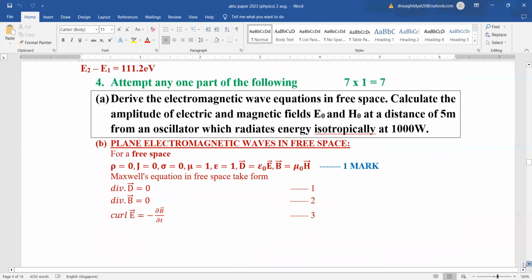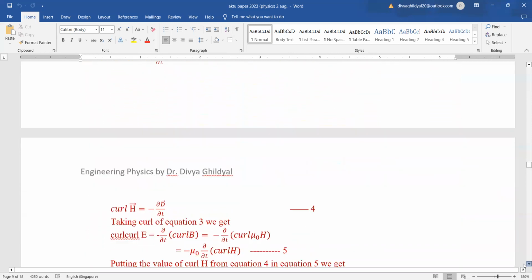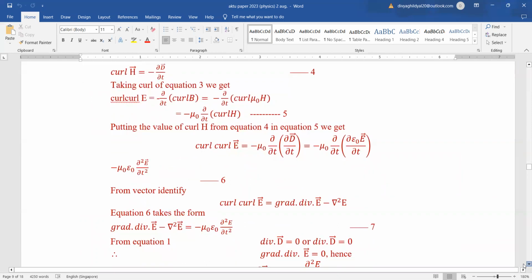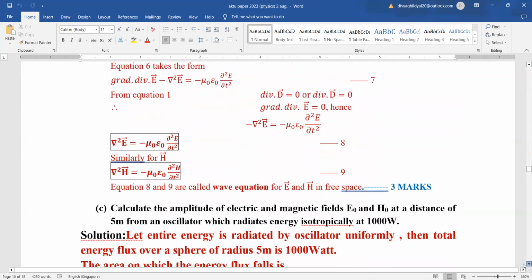Derive the electromagnetic wave equation in free space. Now, the free space condition, even if you have only specified it, that means no charges are present around it, you will fetch your 1 mark. And then the very simple derivation, you can refer to in detail in the electromagnetic field theory lectures. And numerical,